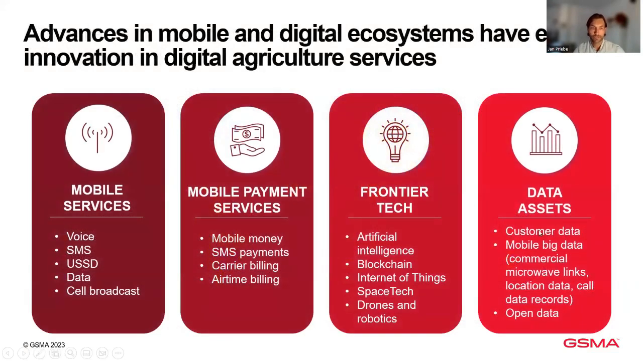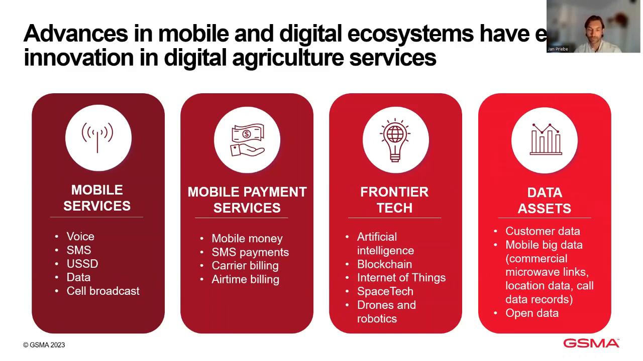So mobile and digital ecosystems have evolved rapidly over the past decade or so and provide the building blocks for innovation in digital agriculture services across low and middle income countries. So mobile services have really driven the evolution and the scale of digital agricultural services and remain key to reaching marginalized groups and are enabling some of the more advanced app and web-based services. Mobile payment services are becoming increasingly available, with 1.6 billion mobile money accounts registered globally last year. And these services are key to enabling scalable business models such as pay-as-you-go, as well as driving financial inclusion of